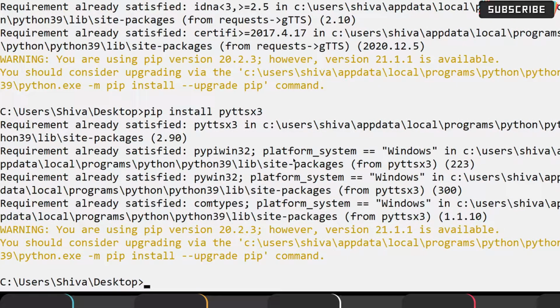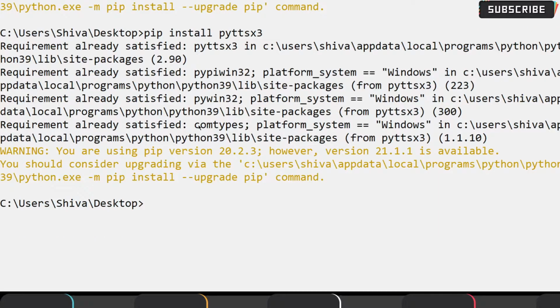Yes, it is also already satisfied, which means it is already in my machine. So let's go to the further steps now.